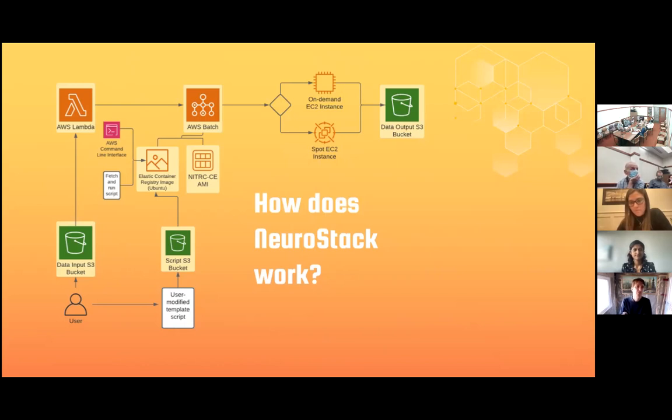But usually, even from having instances stop, it's such a big savings as opposed to the on-demand price. But it's very easy in NeuroStack to switch your settings and say that you'd like to use the on-demand instance instead. And then once it has processed through the EC2, it will output the data to the output S3